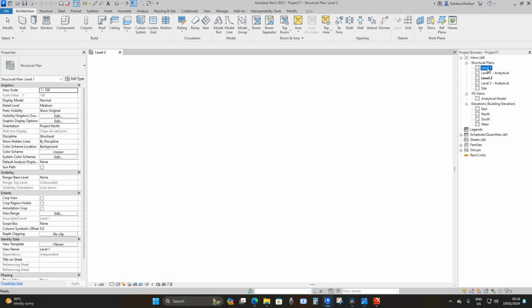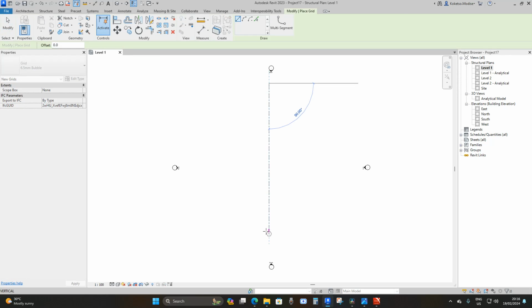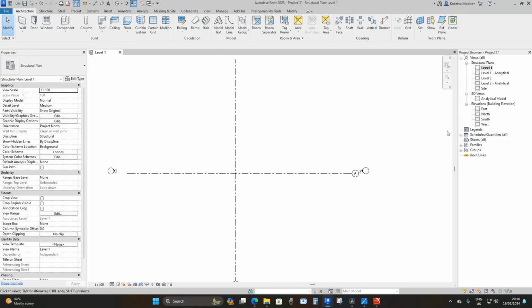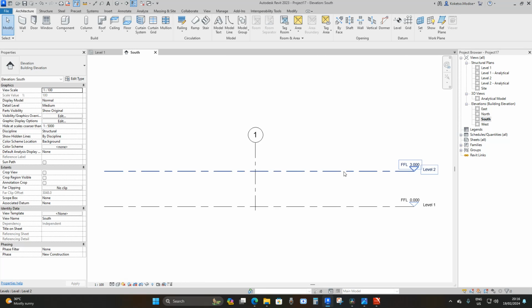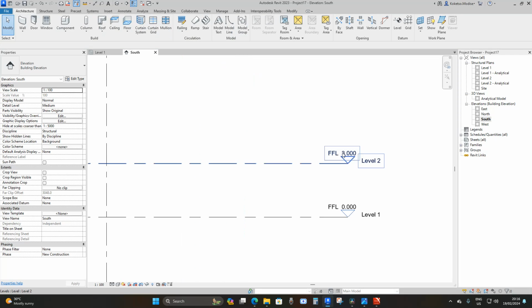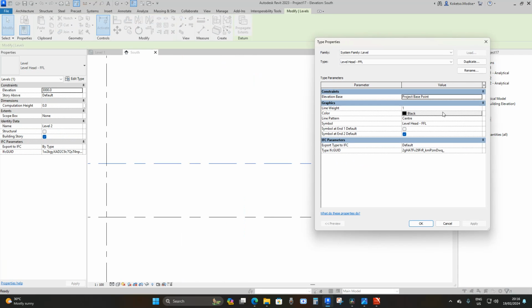And then you're going to go to level 1 and then close this and then set up your grids like this. And then you're going to rename this grid to A and then enter and then go to the south elevation and then you're going to extend this grid and then change this annotation,